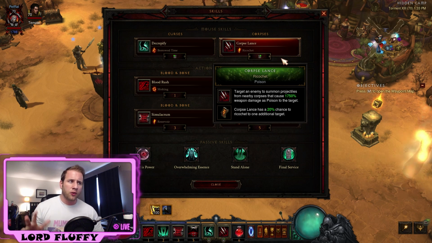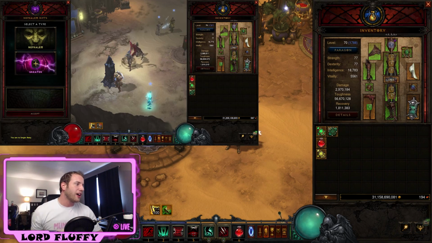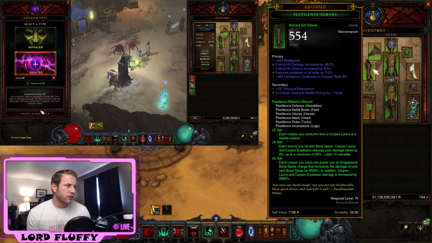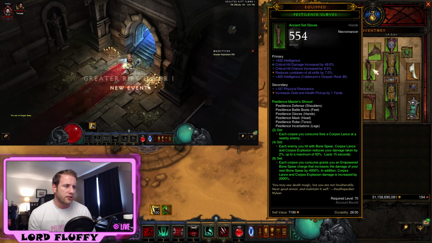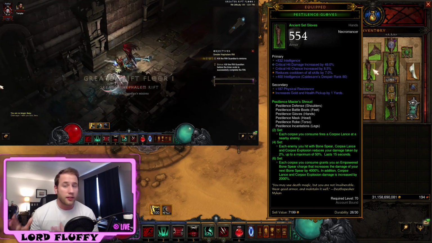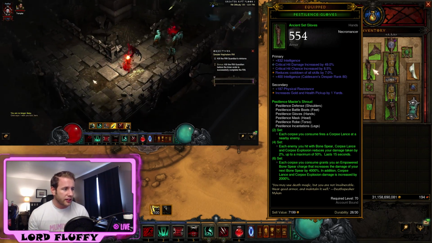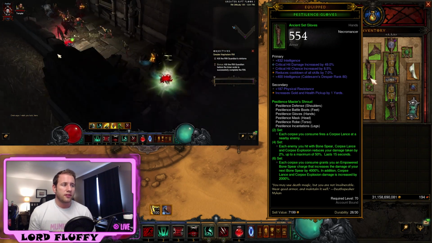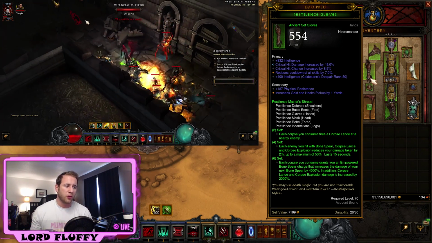This build revolves around the skill Corpse Lance with Ricochet. Let's talk about how we're going to juice that up. So we're using the Pestilence set in this setup, and it's important to note what exactly Pestilence does. The 2-piece says each corpse you consume fires a Corpse Lance at a nearby enemy. Great, because Corpse Lance again is our damage dealer here, and we're going to be consuming corpses like crazy. Another way we're juicing this up is with the Pestilence 6-piece, which basically just says Corpse Lance damage is increased